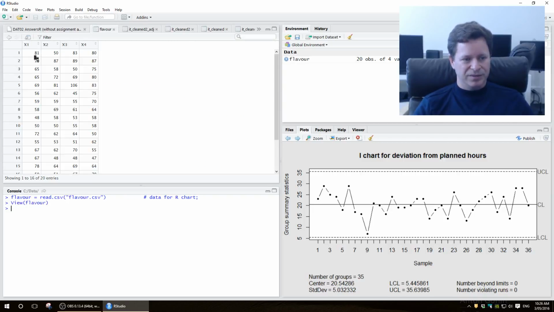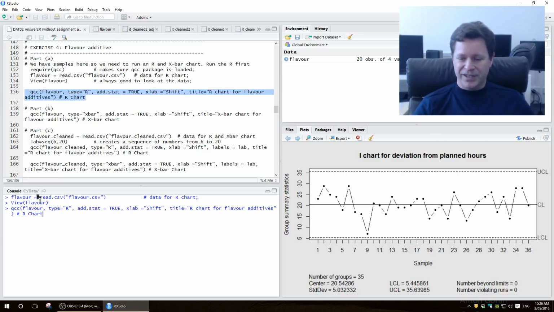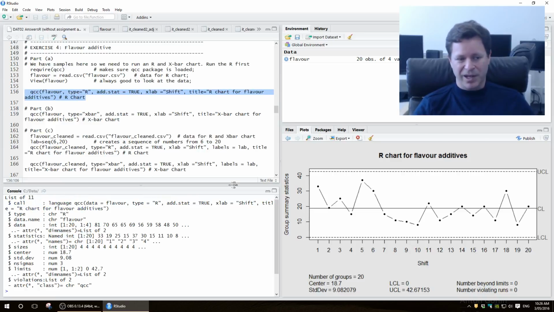Okay, so here we've got some samples that have been taken, and you can see that there's 4 samples taken for each period, and I've just loaded that up there. And for doing the R chart, because we know we should do an R chart before we look at an X bar chart. Remember the R chart tracks